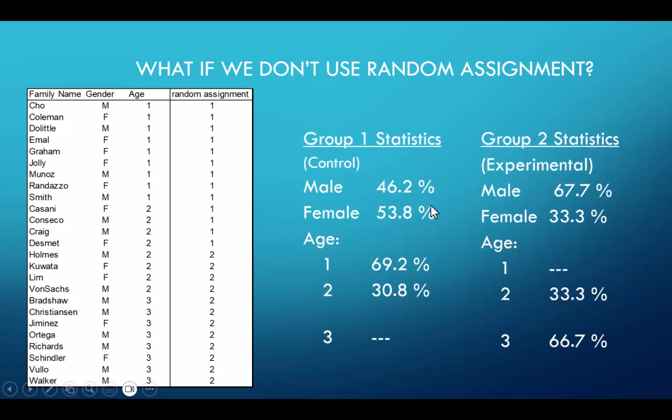So here are the male and female again. Group 2 might not be as representative as we'd like, but it's randomness. But when we look down here, this is the big difference. In group 1, we only have 1 and 2-year-olds, and in group 2, we only have 2 and 3-year-olds. And if group 2 is my experimental group, and they're getting the intervention, and I'm going to look at cognitive outcomes, not just